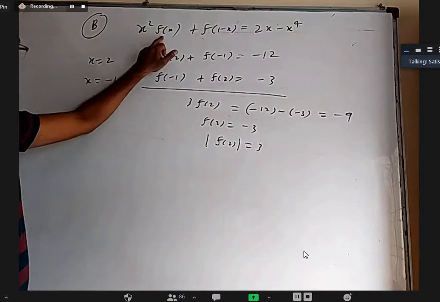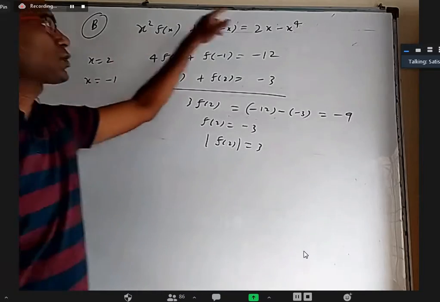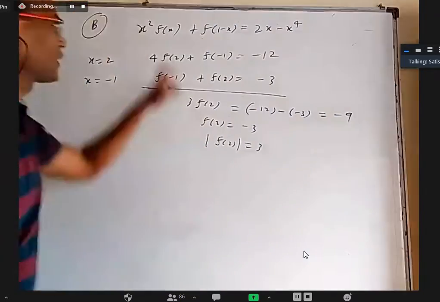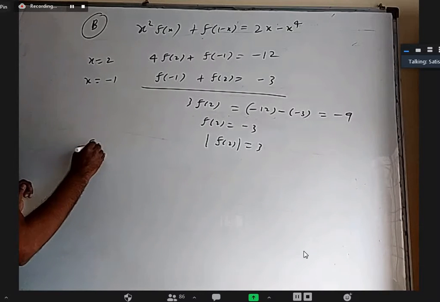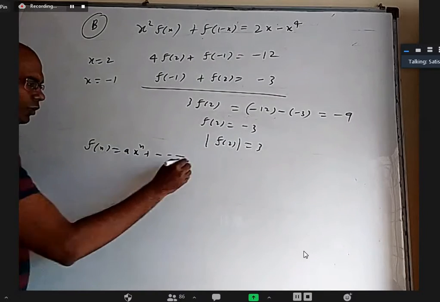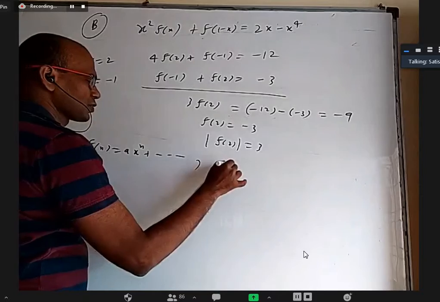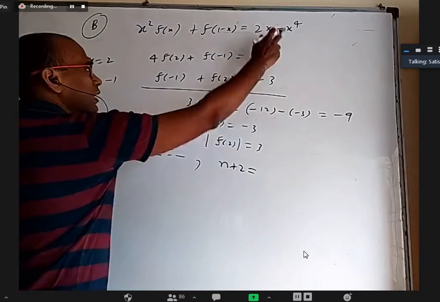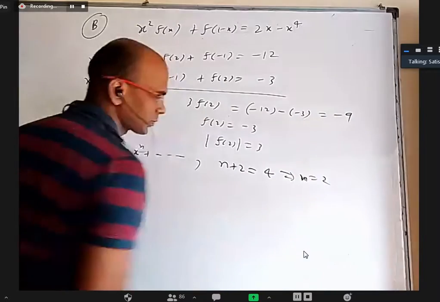If you take f of x as nth degree, this into this will be an n plus 2th degree polynomial, and n plus 2 should be the same as 4, so n is 2. If I take cubic, it will become 5th degree. So anyway, you can also write, if we assume f of x is ax power n and so on, an nth degree polynomial, in LHS the degree of this into this together is n plus 2, the highest power. In RHS the highest power is 4. From that we will get n equal to 2, equating the highest powers.